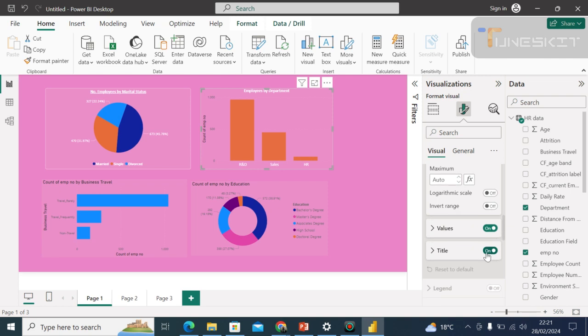Y-axis, let me turn off the title, but values, I change the color